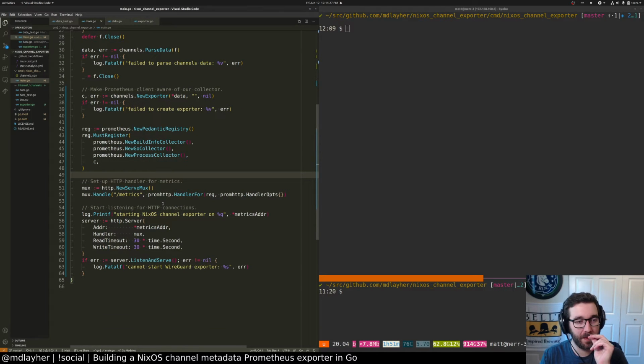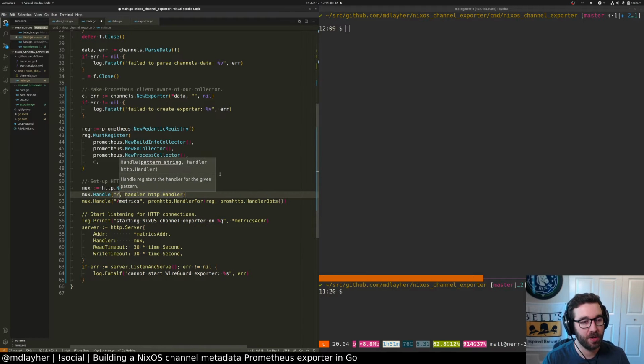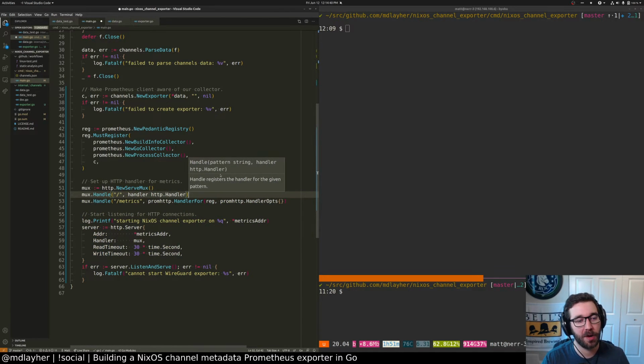Yep. And I guess we could do a nice little redirect to metrics on the root Lux handle /. Doesn't this do overly broad wildcard matching though? I guess it's probably okay, but